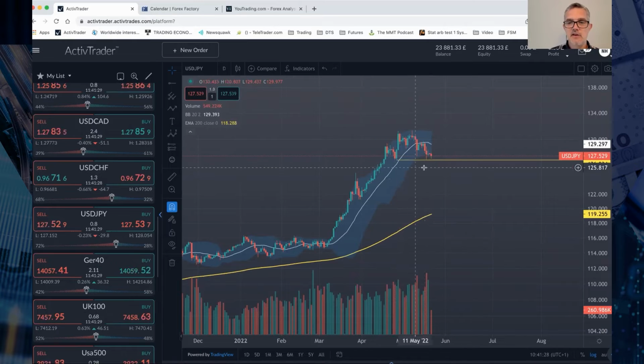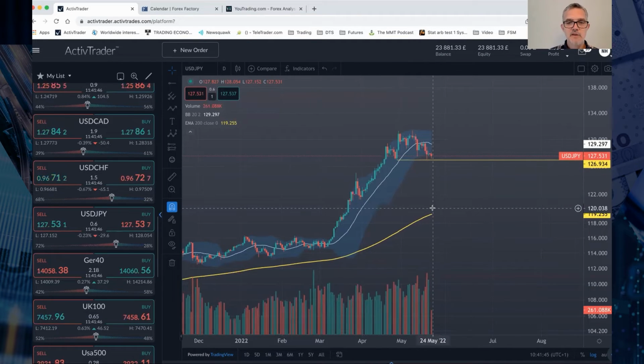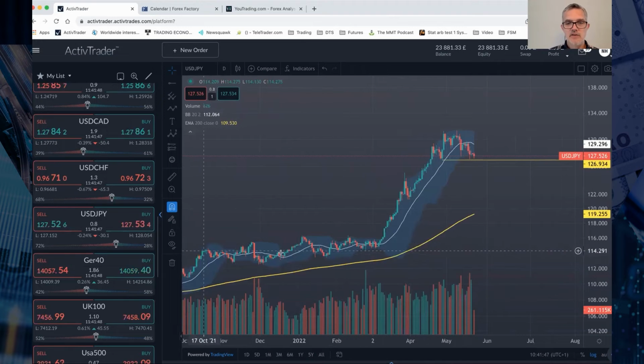Just looking now to see if the dollar decreases enough today to actually come back below market structure from the 26th of April. If that does, and we're looking to the left, looking for balance areas, we're looking for rising dynamic support from this moving average. Obviously, we could have come down to 120, but if we look left a bit further, we did trade a lot between 112 to 115, so we could come back into the middle of that range later on this year.